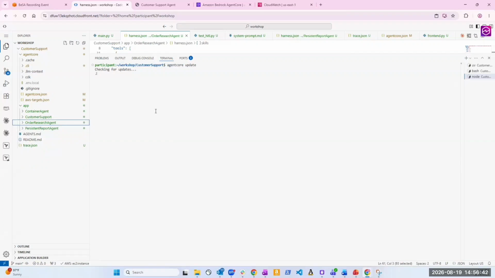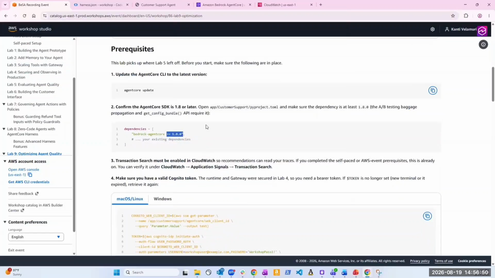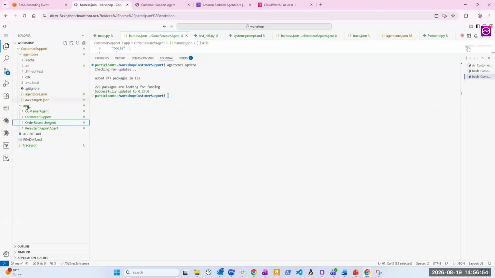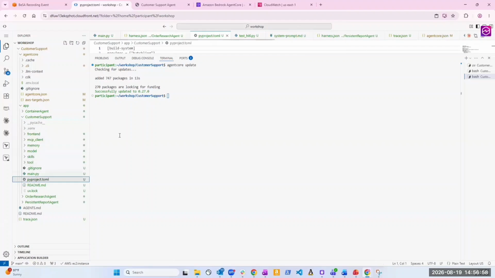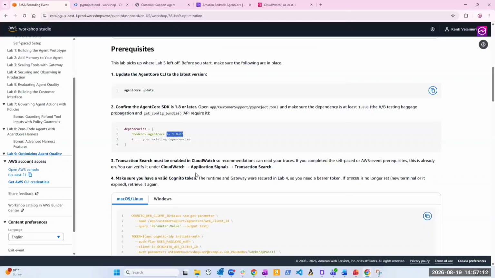So we need to make sure the CLI has all the required commands and we have to be at the version above 1.8 for this particular API calls to happen and everything. So go to the customer support agent, go to the terminal, and let's make sure that, yeah, we are above 1.8. So that's great. So we are updated and we are all good. Now,